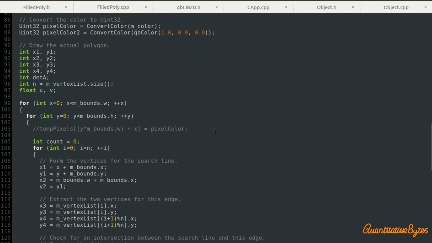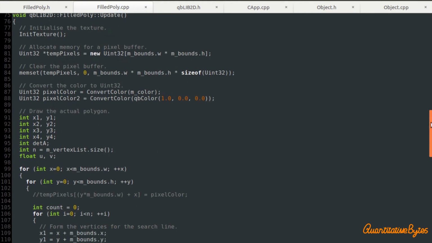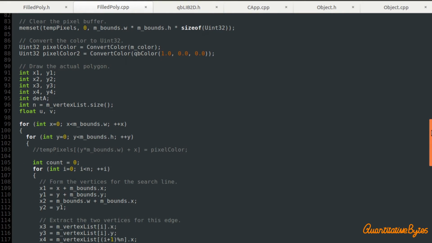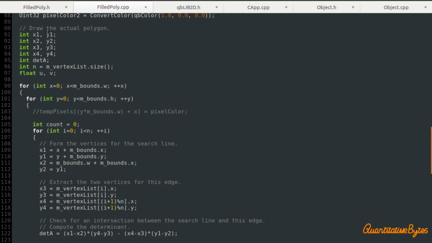Right, okay, so we've seen how the maths is done, how we've derived the actual equations. Let's just have a look how we actually go about implementing that in code. The first thing that we do, and we're in the update function of the filled poly class, is define our internal variables x1, y1, x2, y2, x3, y3, and x4, y4, exactly as we've just seen in the equations.